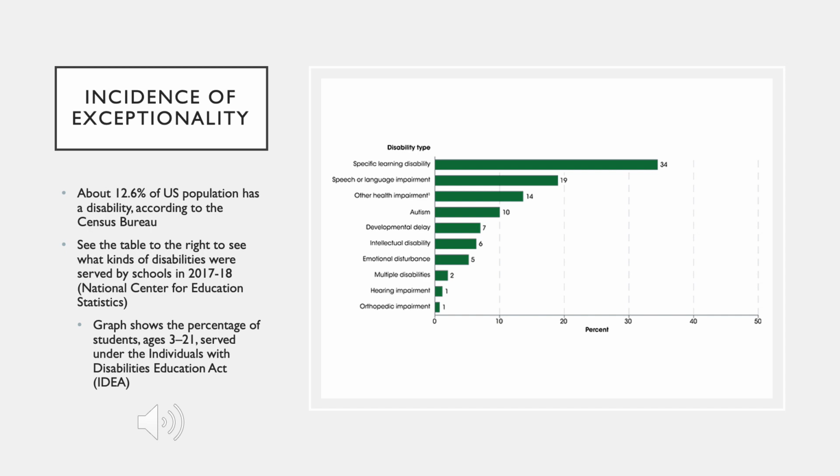And again, as we talked about, not all disabilities are going to be visible. And so it's important to consider all different types of abilities that children have and a range of services and support that they might need in the classroom, and looking at what is more common or less common. So in 2017 and 2018, you can see the graphic here on the right hand side that shows the amount of children who experience different types of disabilities during this time period, with learning disabilities being at the height